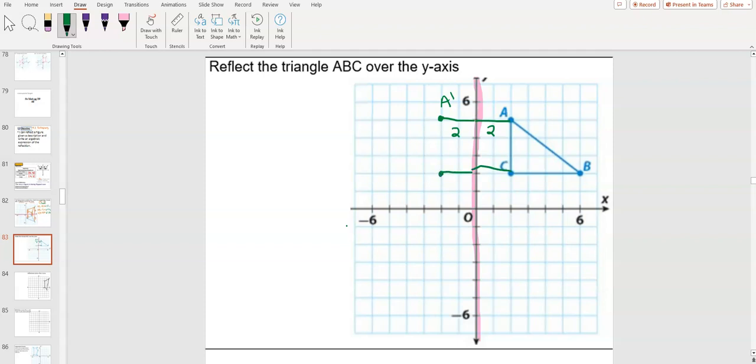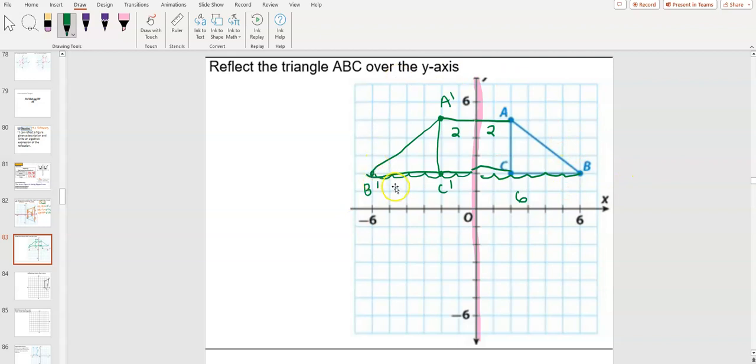So I'm going to go 2 boxes away in the opposite direction. And B is 1, 2, 3, 4, 5, 6 boxes away. So I'm going to go 1, 2, 3, 4, 5, 6 for B prime. Then when I connect my points, you will now see that my triangle is now flipped over